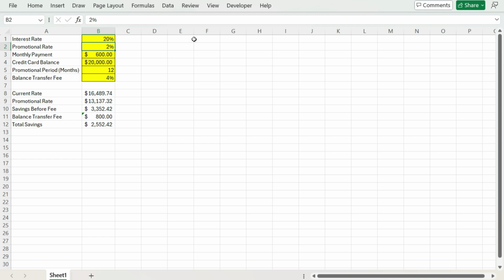So by doing this, by setting up this type of template, it's really easy to run and do different what if scenarios to determine just how much of a savings you have. So you could potentially have multiple cards listed. So if you've got multiple offers from different credit cards, you can compare the balance transfer savings that you would achieve. All you would need to do is really just do a copy and paste of these inputs and these formulas, and then you have an easy side-by-side comparison of one card versus another,